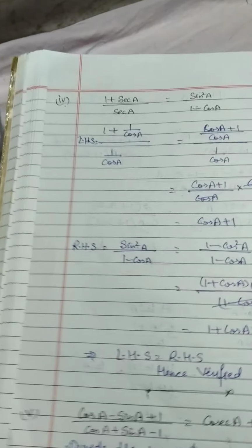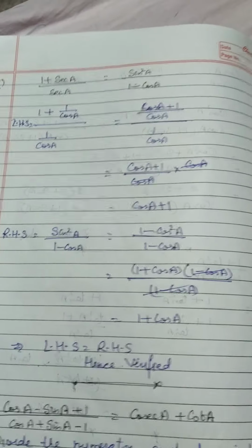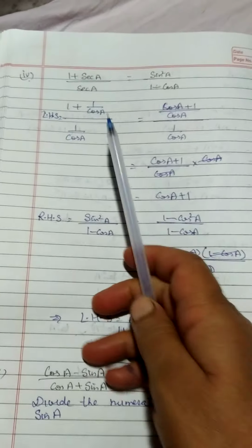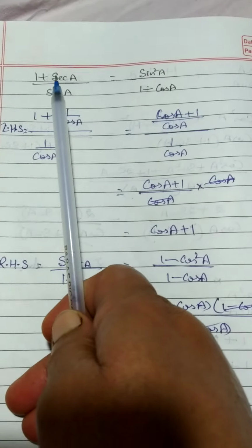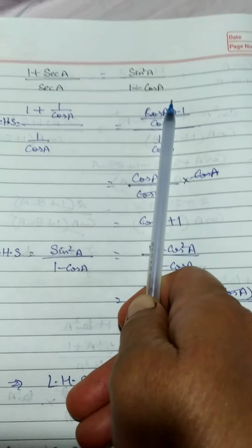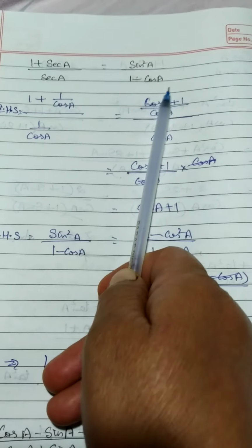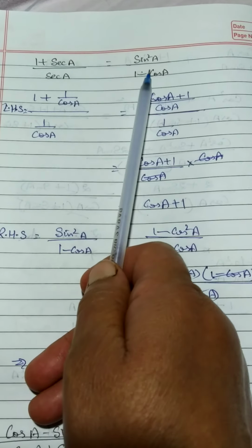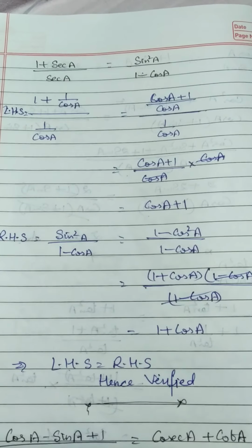Then we come to the next part of this question. Question number 5, fourth part. It is (1 plus secant a) upon secant a is equal to sin square a upon (1 minus cos a). We have to prove this equal to this. Now here we have sin and cos, so we will convert secant into cos,